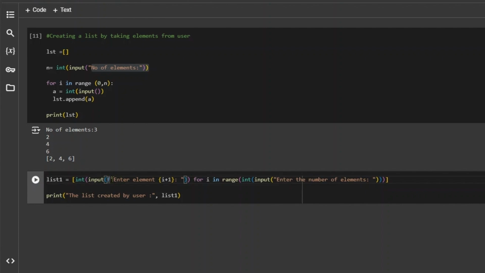So you might be aware of this f. This is something that is used for string formatting, and i plus 1 is for asking for the first number, the second number, and so on. And then for i in range, that means the iteration will continue for the number of elements entered by the user, and that entire thing will be stored in a list. All right, so let's